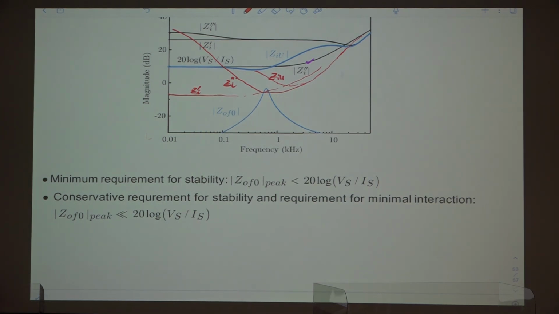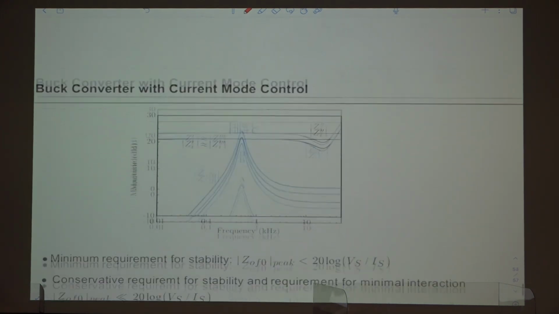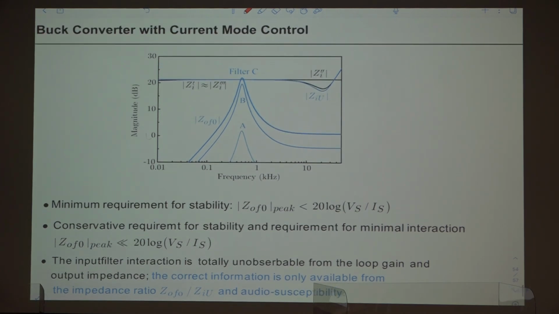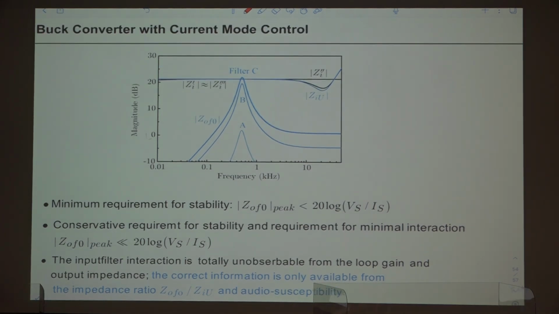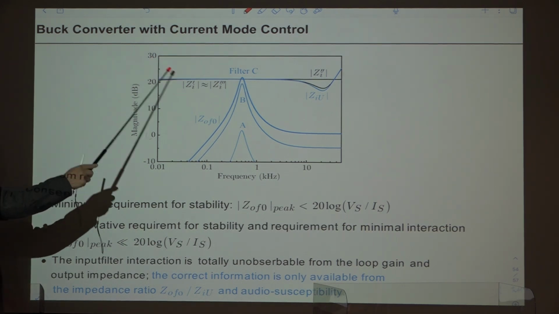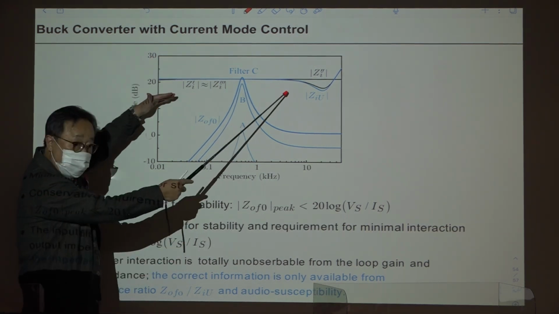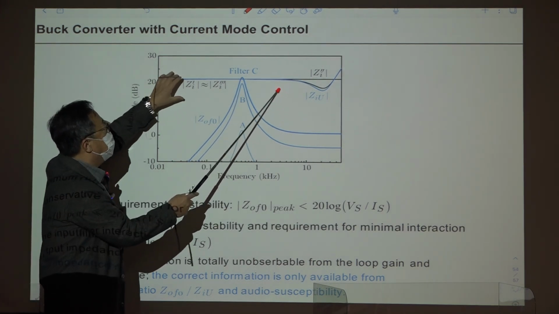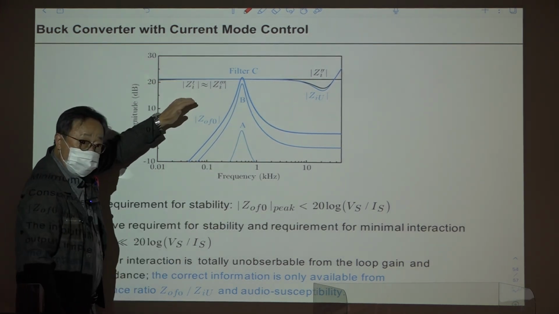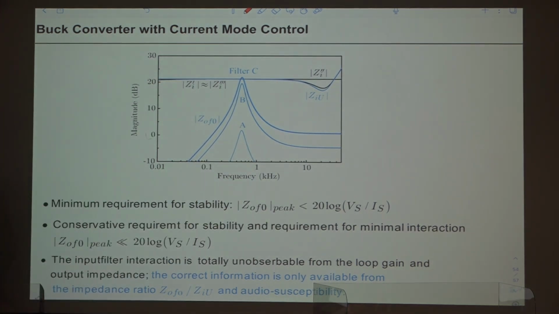Finally, this is the case with the buck converter with current mode control. Okay, the characteristic feature of this case is that all of the 4 input impedances of the current mode controlled buck converter merge together at this value. So all of them are combined here. Okay, so it generates a very important consequence from these characteristics.